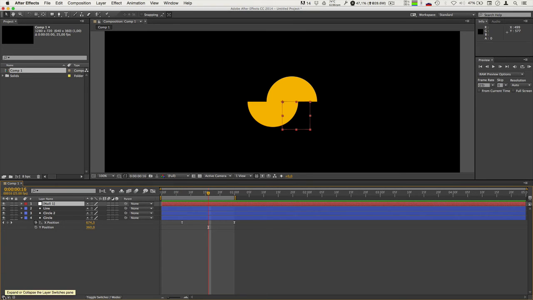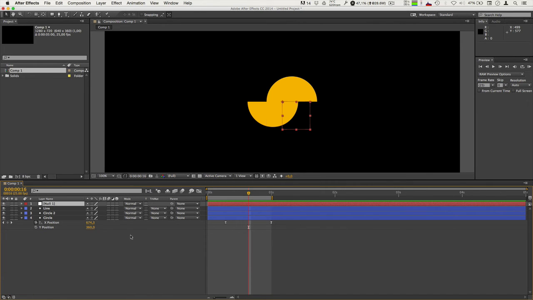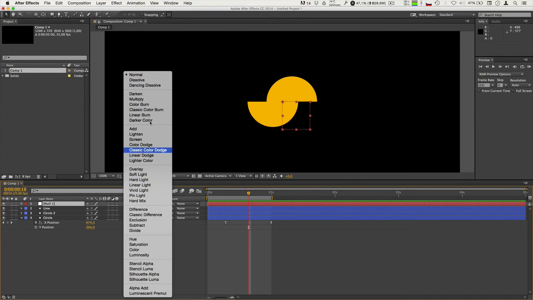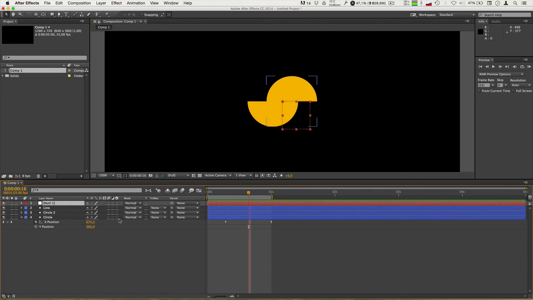The first switch here is going to give you options for things like motion blur and 3D layers and stuff that we'll look at a bit later on. And then the second switch is going to give you transfer modes, things like add, multiply, overlay, and then it's going to give you track matte, and then also